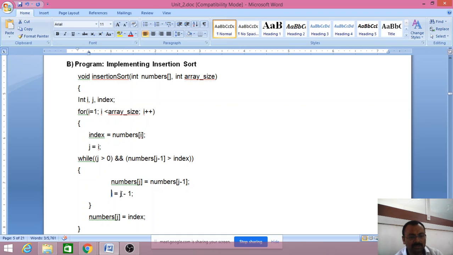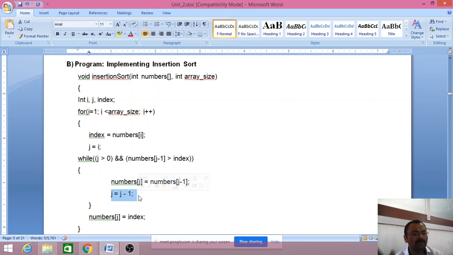Once again, the value of j is 2, and 2 minus 1 is 1. The value of j is greater than 0, so the condition is true, but numbers[j - 1] greater than index is false.